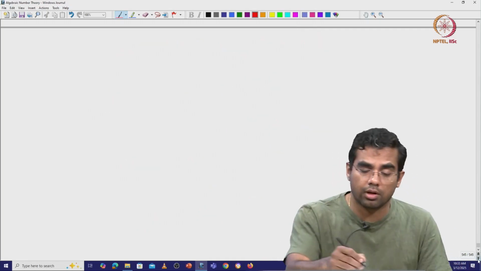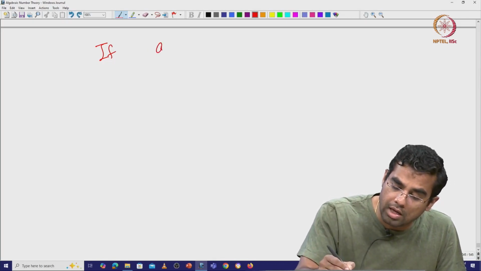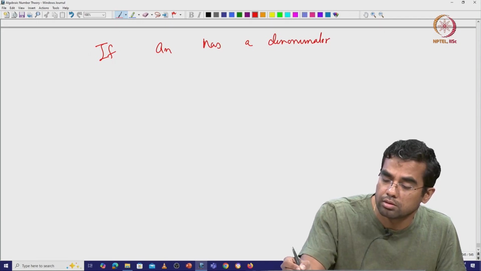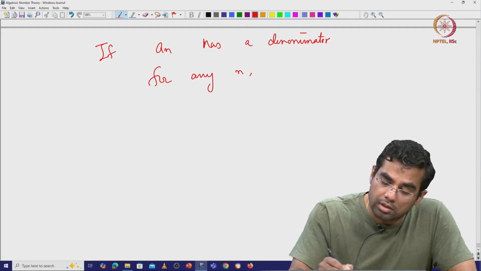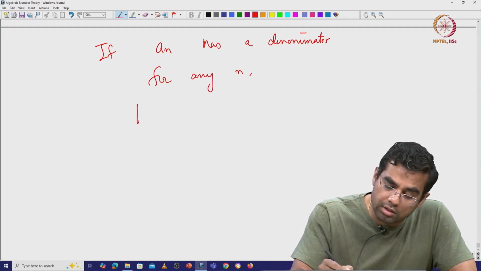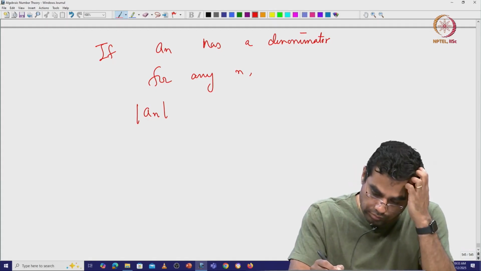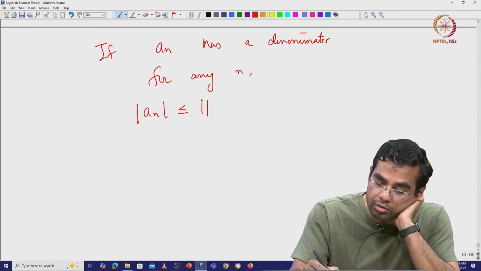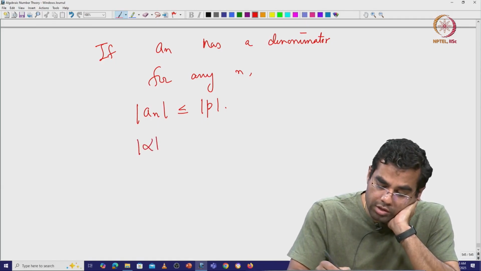But you see that if a_n has a non-trivial denominator for any n, then the valuation of a_n is, we are using the multiplicative valuation, so this is less than or equal to the valuation of p, right. But you see that the valuation of alpha is